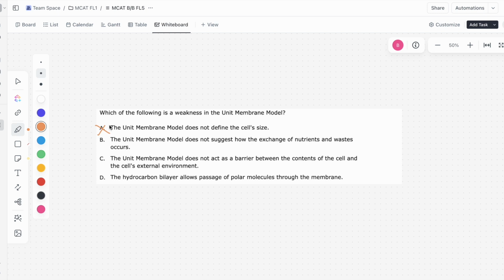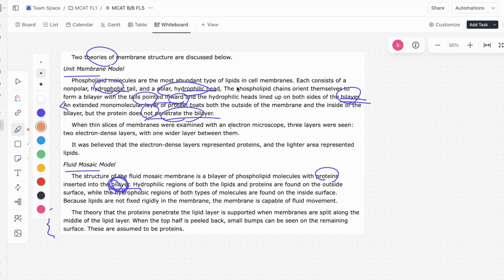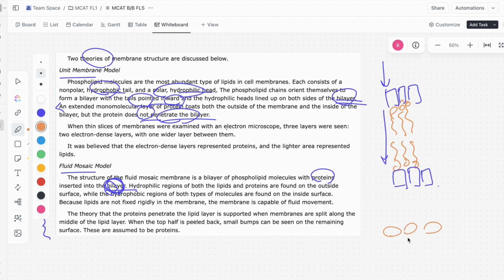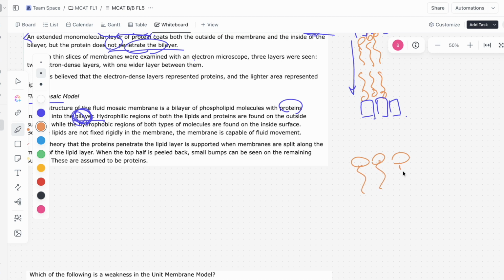B says the unit membrane model does not suggest how the exchange of nutrients and wastes occurs. This is probably a weakness, right? So you have this model where you have a lipid bilayer, and you have these proteins. Let's draw them as squares, okay? These proteins are on both sides, and this doesn't necessarily tell you then how nutrients and wastes cross the proteins and then cross the bilayers as well. So the fluid mosaic model tells us, hey, this can actually happen because let's say you have these phospholipids coming together again,